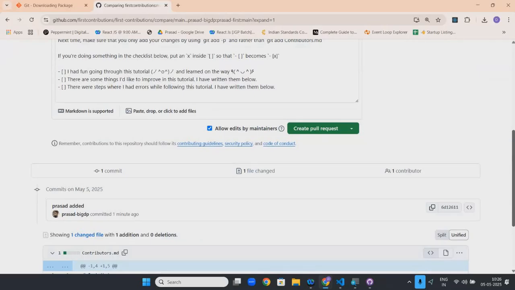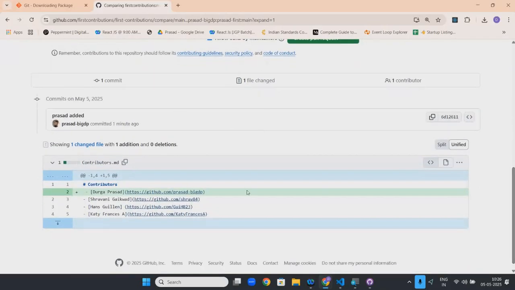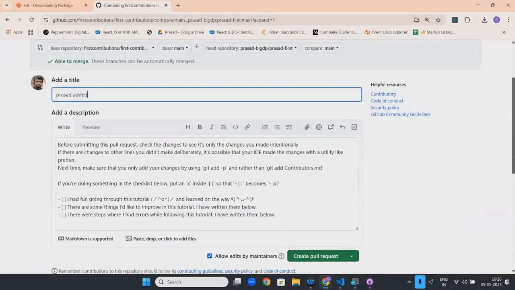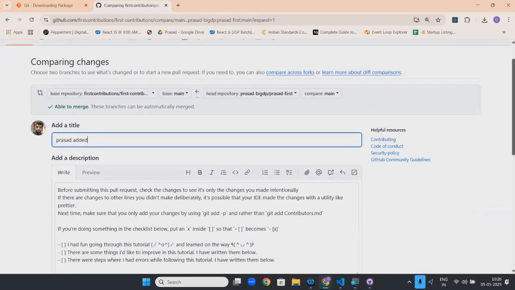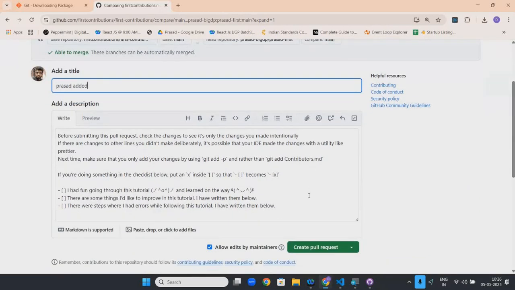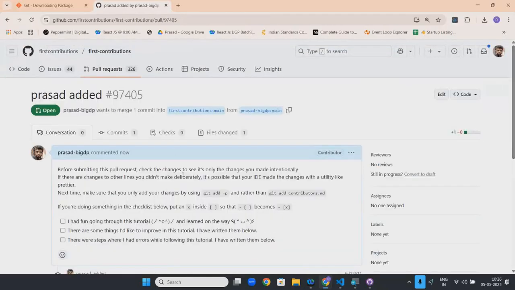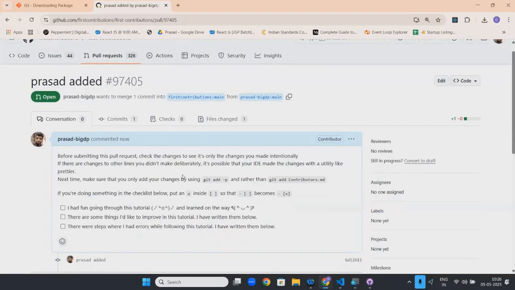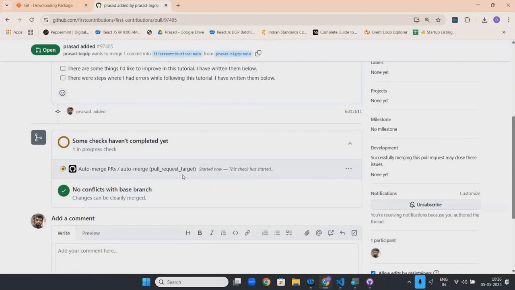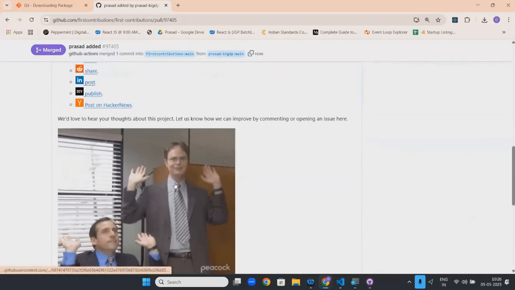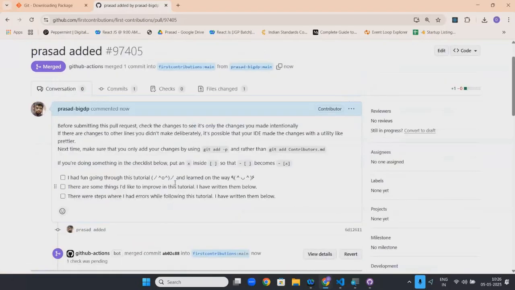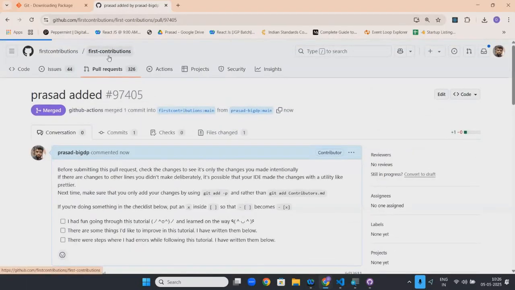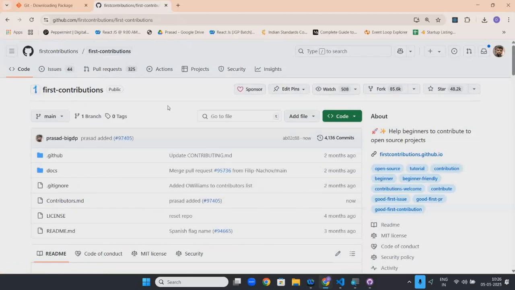Why are you requesting it, sir? See, what is the change you did? You added this line. And why are you requesting? Because he is the original guy. Without a request, how can you add it directly? So I did my change and then I am doing one pull request. After that, that guy will check it. If everything is okay, that guy will add it. It's like automatic actually, this site. They put one bot. It's working.